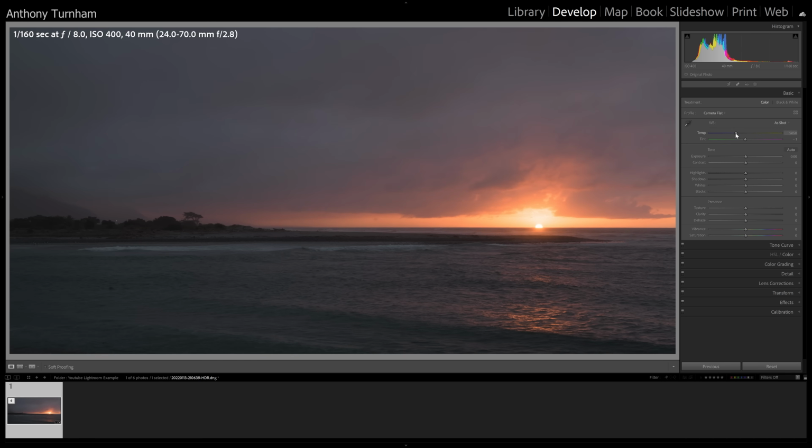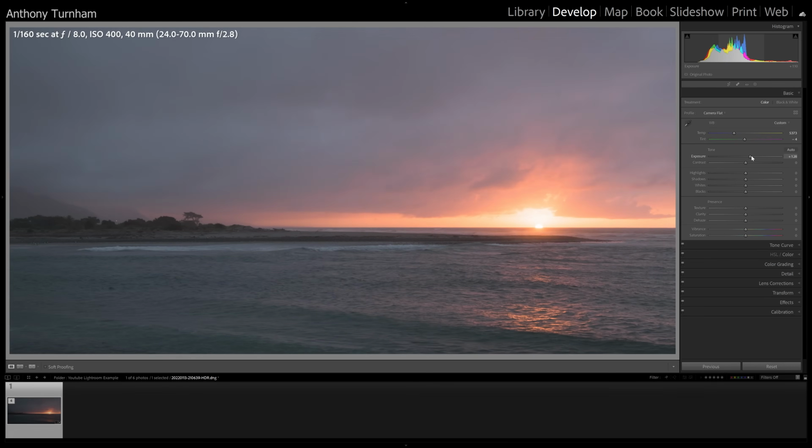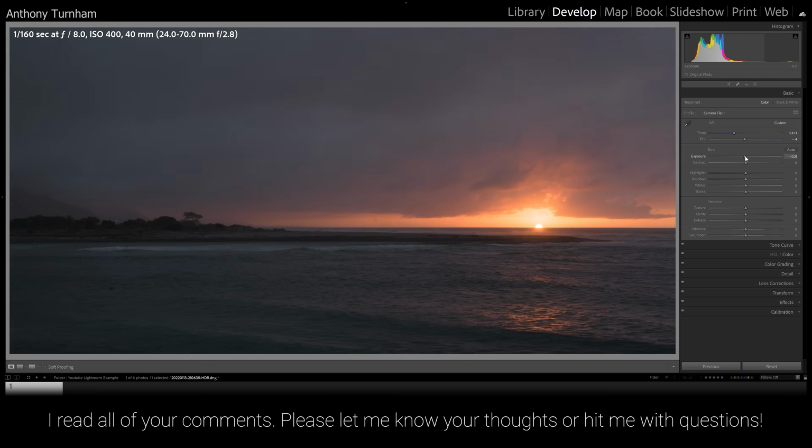So the first thing I'm going to do is just grab the temperature slider and just move it from right to left, and just have a little play around with this and just see whether there's a temperature that I feel is a better starting point. And I'll do the same with the tint as well, and I'll just grab that and just see whether the color tint needs to be shifted in any way. So I'm now going to make some changes to the tone and the presence sections just on a global scale with my photo, and then I'm going to come in and be much more refined and work with the masking section. So first things first, let's look at our exposure